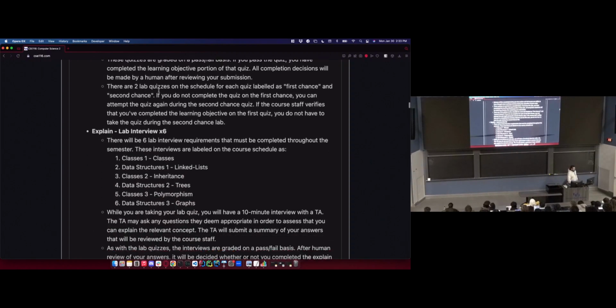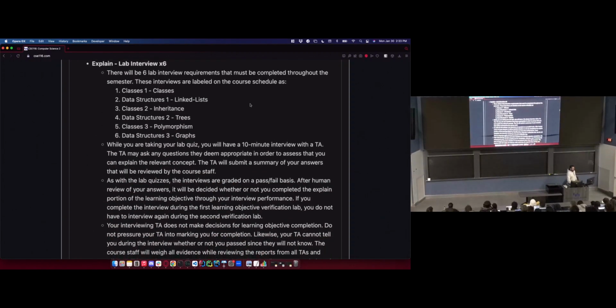While you're taking the quizzes, the TA is going to pull you away for an interview. I have 10 minutes written here, but we've shortened these interviews. I think they'll be closer to 5 minutes this semester, 5 or less even. But while you're taking the quiz, the TA is going to call your name. You're going to come up, do a quick interview with the TA, where they're going to ask you questions about the topic being covered. So, for example, if it's polymorphism, they'll say, describe polymorphism. What is polymorphism? Can we store